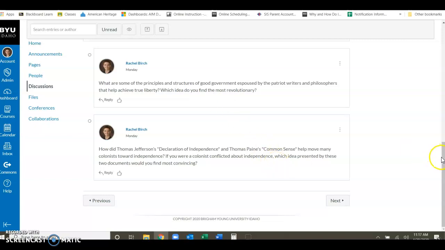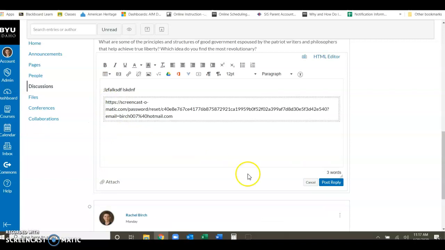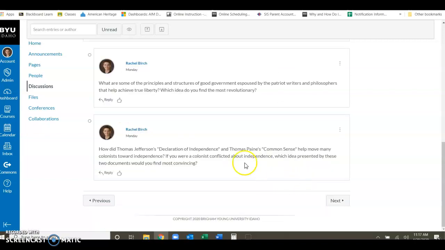Again, the assignment is to make sure that you post your initial thoughts on Wednesday by midnight. And then the other part of the assignment is to respond to 3 to 5 of your classmates. You can just do that by clicking reply to their thoughts. Also, you can like different things if you want to just like them.